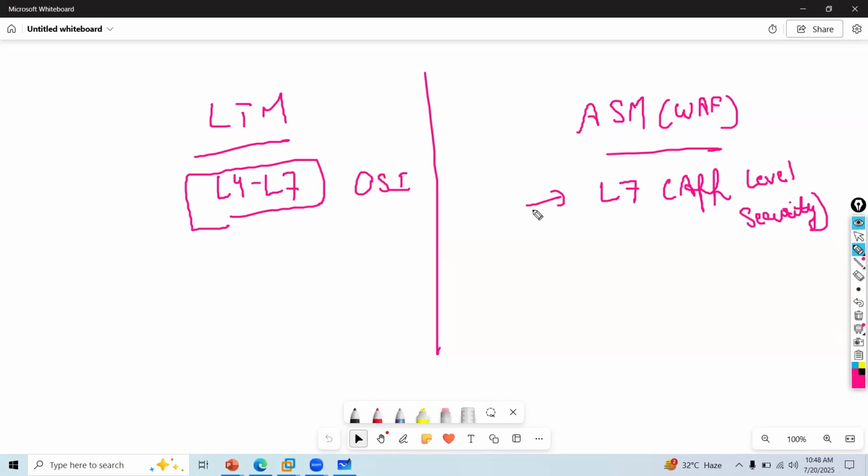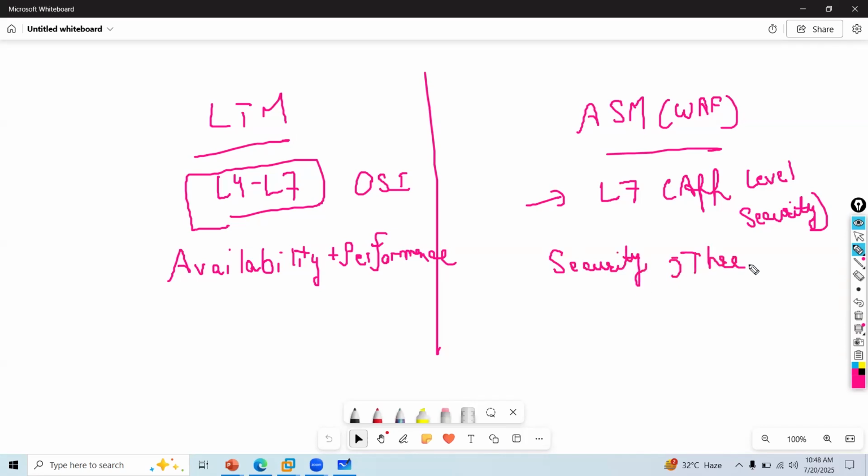That is another difference. It focuses on your availability and performance. It manages this feature, availability plus performance. But when I talk about ASM, it focuses on your security features. It focuses on your threat management, threat intelligence,